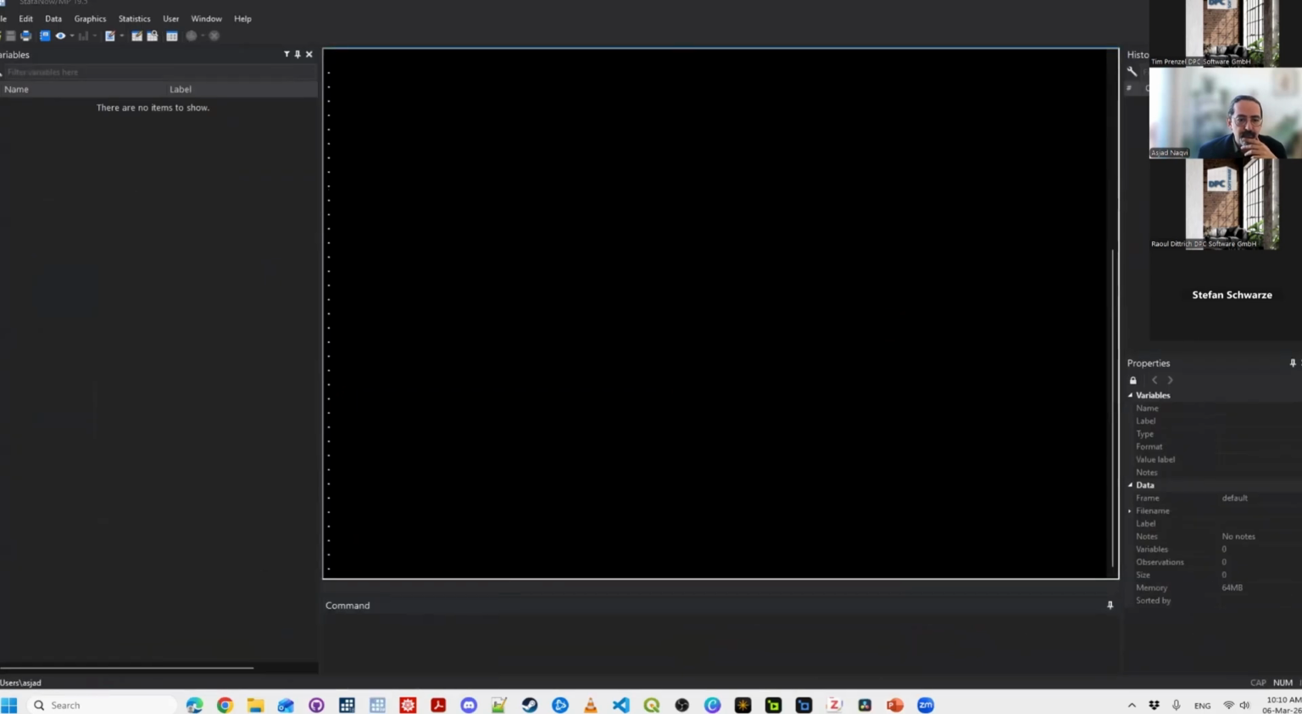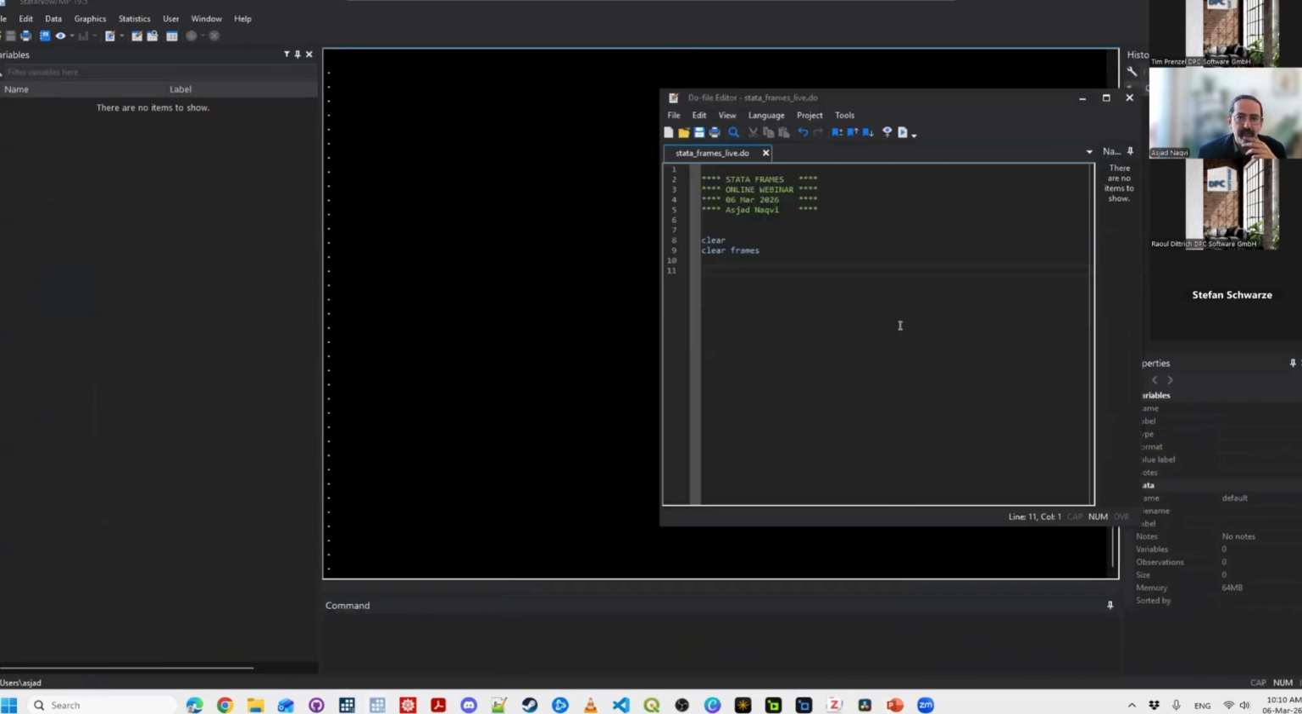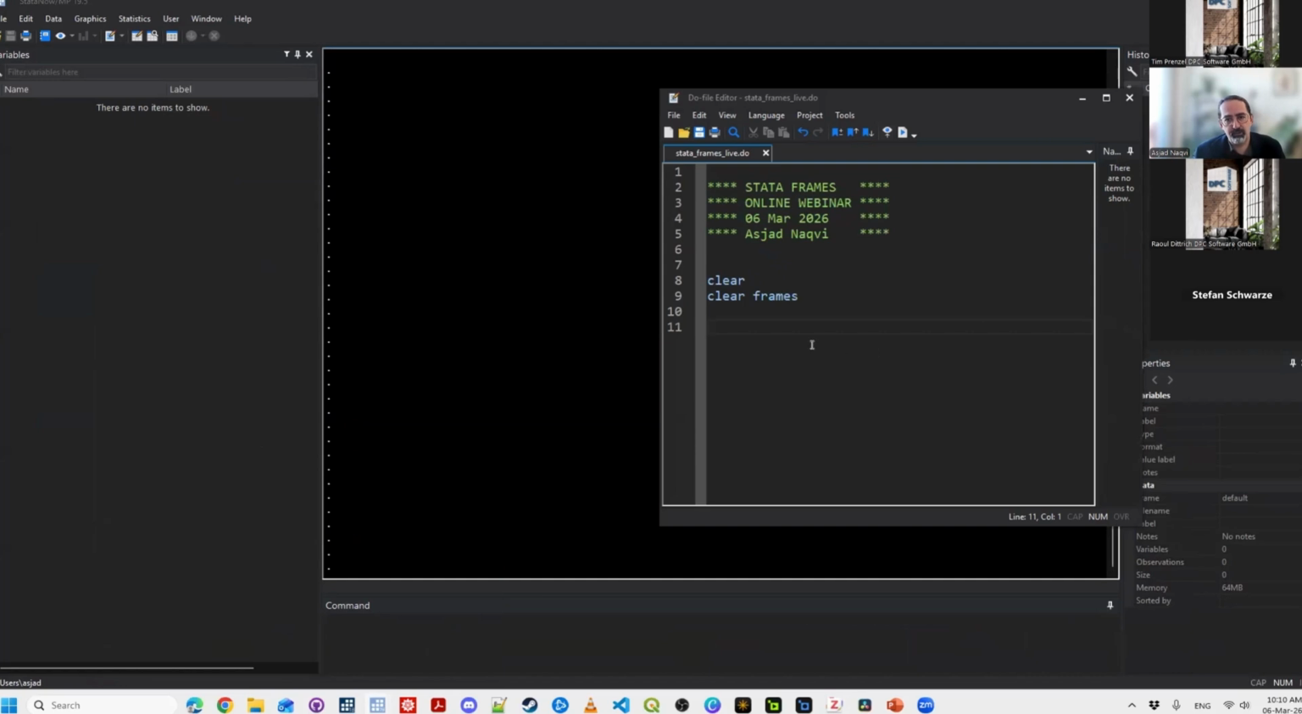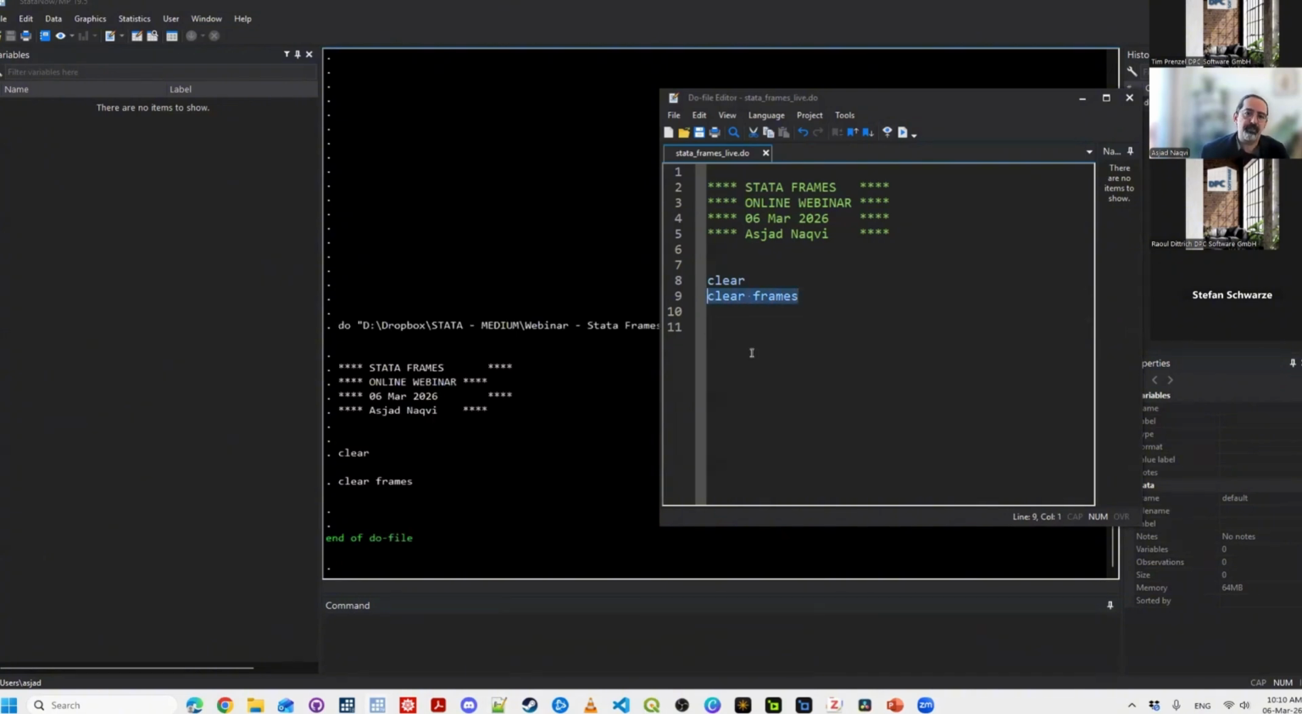So I'm not going to load any fancy stuff, so we'll just use whatever exists in Stata. Let's start with this. You start with an empty session, so you say clear. You also have this command clear frames. Let's get rid of it. So this is your starting do file, etc. And if you type the command